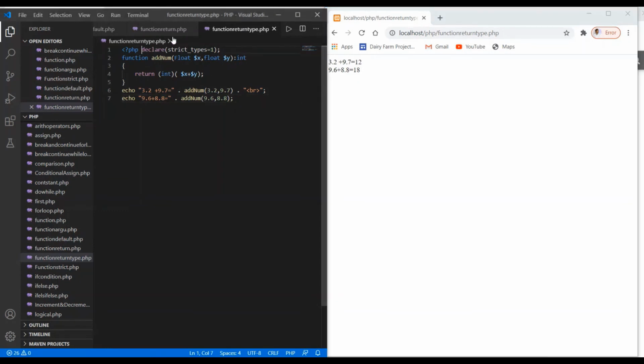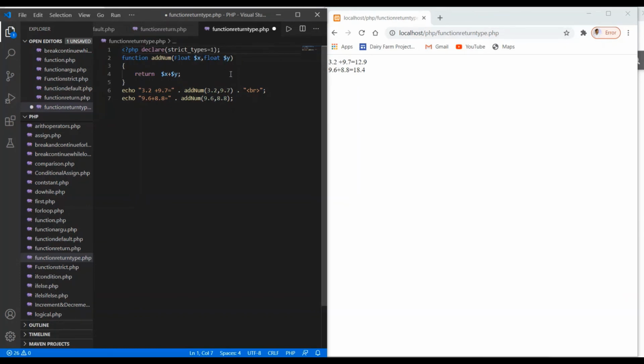What will happen if we make this line a comment and remove this line, and write simply this line and this line? Save the changes, refresh. We got the results 12.9 and 18.4. In order to make sure the function returns only the integer value, we have to make the first line declare strict_types equal to 1.